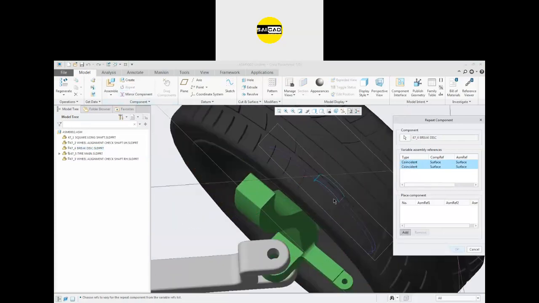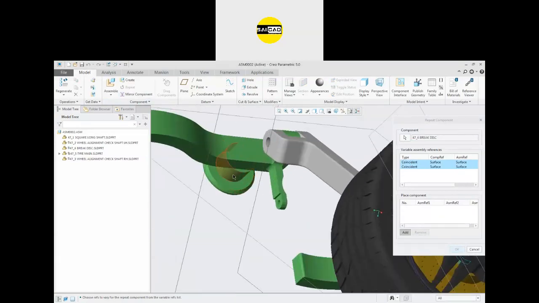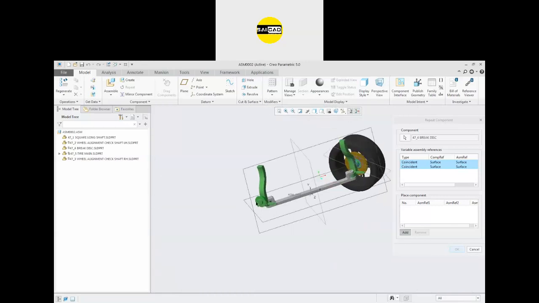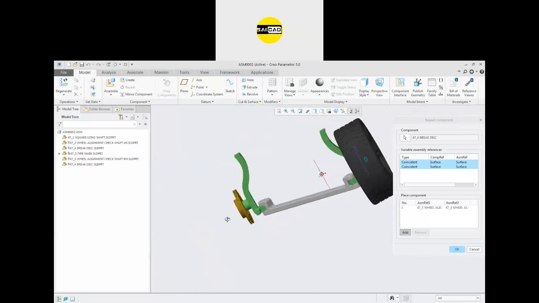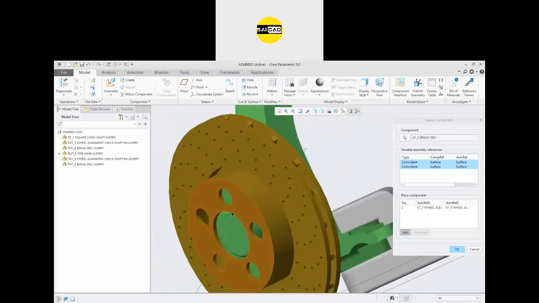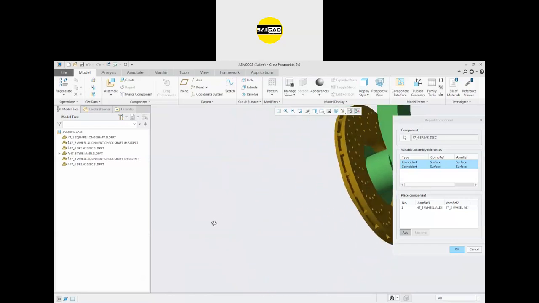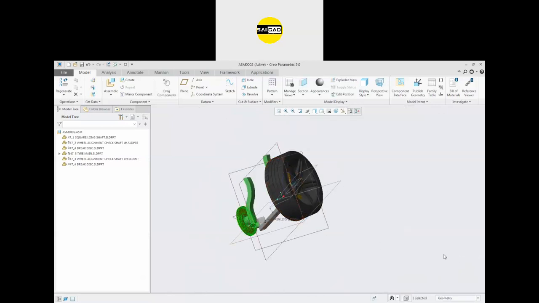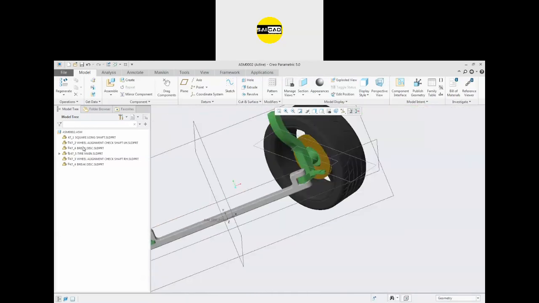Now you can see it is asking for the circular relation that we have applied, like this one. So I'm going to specify the circular rotation like that. After that, it will ask for the face-to-face relation. So I'm going to specify the face-to-face, that is this one. According to that, you can specify them. If you want to just remove that relation, you can do that also, or click OK.